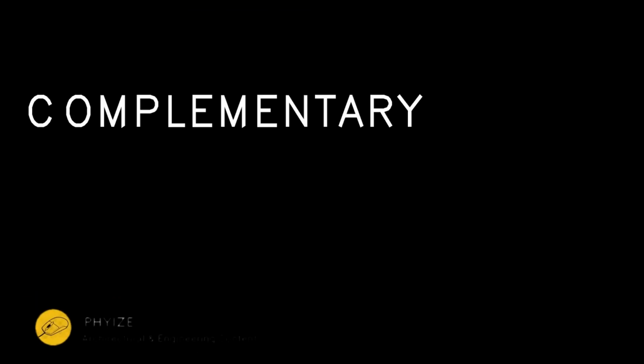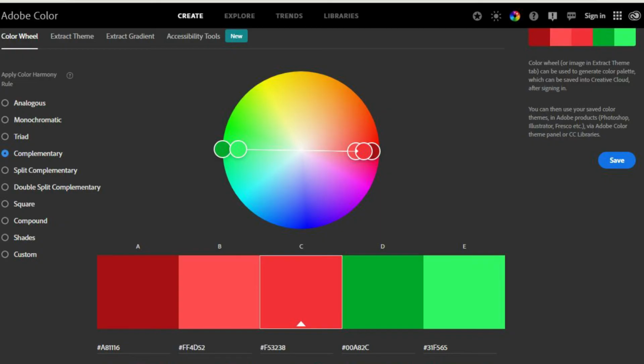Moving to the next one, which is a complementary color harmony scheme. It is just colors which are opposite each other on the wheel, just like a green and a little dip of the green. Moving to the next one is a split complementary color harmony scheme, which is just using opposites